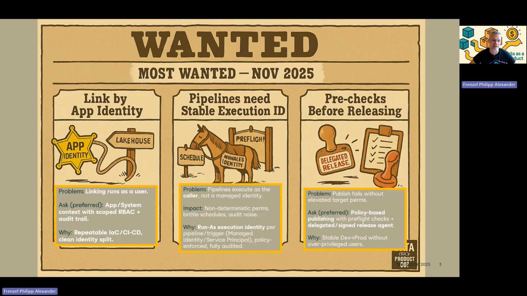So we need an independent layer, which can also be the workspace identities that own those object linkings.